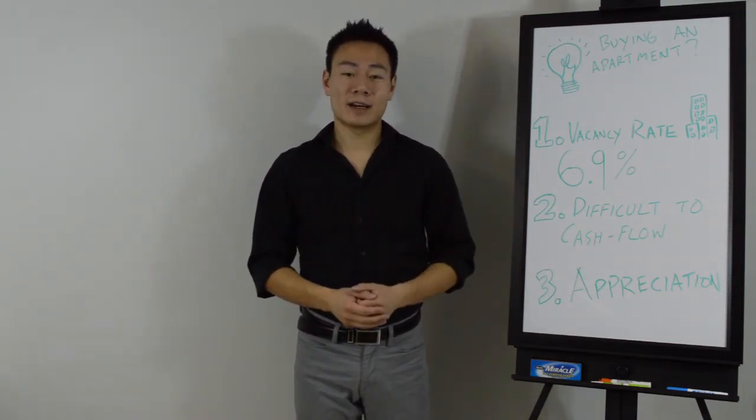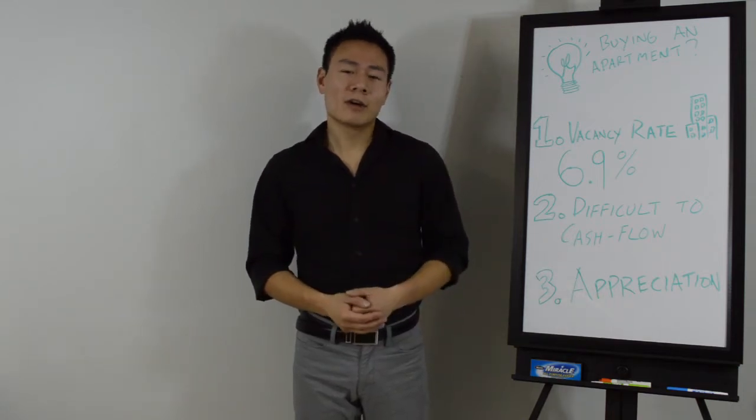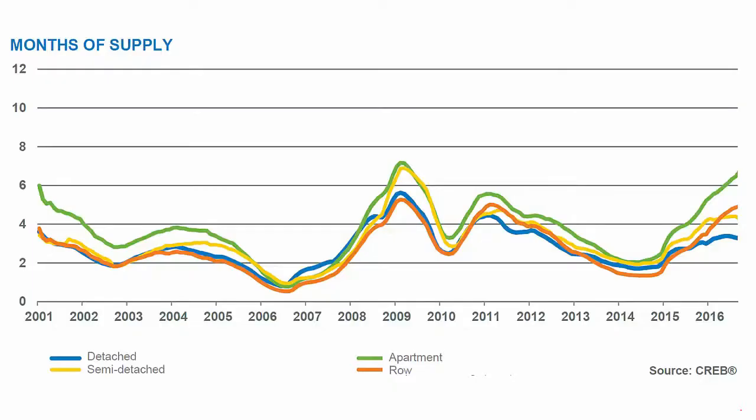Today I have some data about condos that you may find interesting, especially if you own or rent a condo, or perhaps if you're thinking of buying a condo as an investment. So here's a graph showing the months of supply for different types of homes. Months of supply is the number of months it would take to sell all of the homes at the current